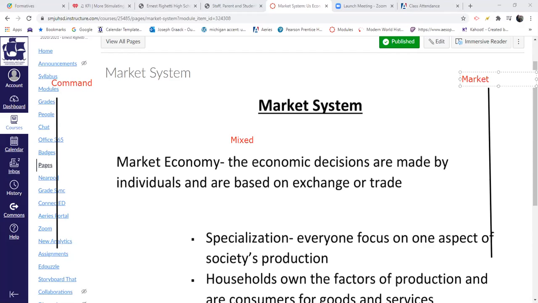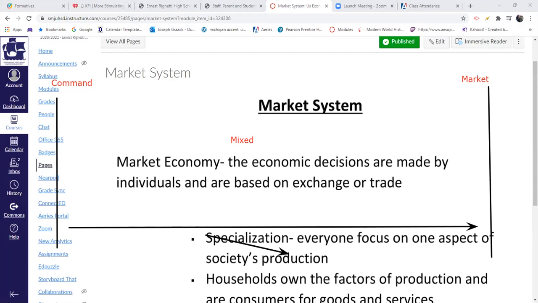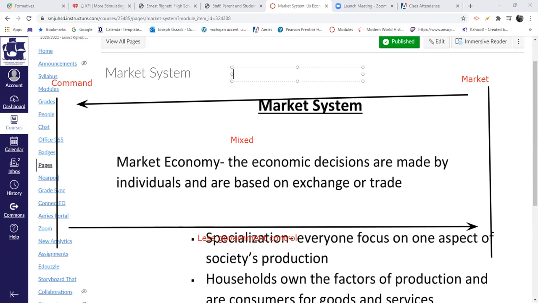All right. And as I said, if we look at the spectrum as we go from left to right, we get less government interference. So as we move from left to right, we're getting less government control. As we move from right to left, from a market economy to command, we're getting more government control. So when we look at this, what you'll see